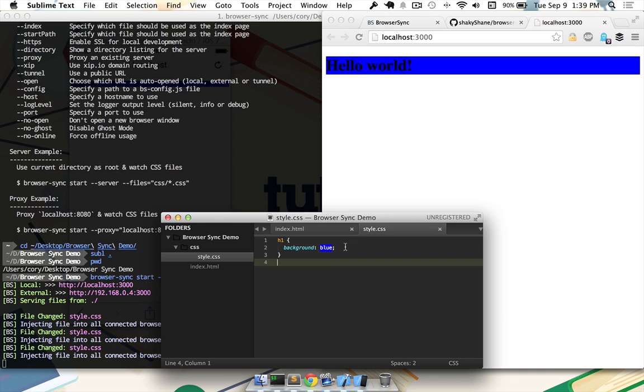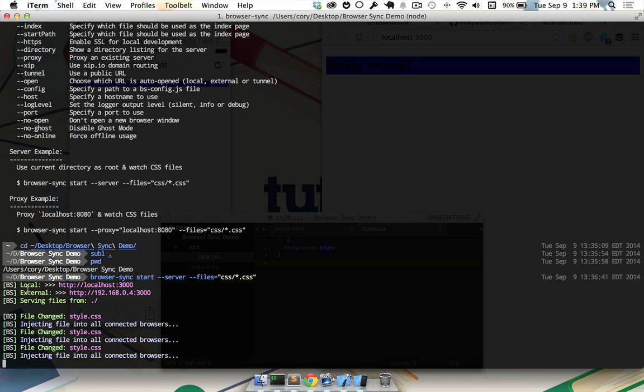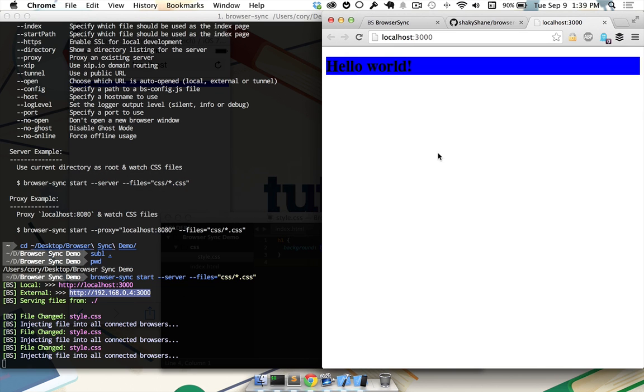So now the other thing that I wanted to show you was over here in our terminal, you can see this external URL. So with your smartphone or your tablet, if you connect that to your local network, either through your Wi-Fi or whatever, then you can just navigate to this URL right here, and it'll pop open on your device. So you'll be able to use your iPhone, and as you're scrolling in Chrome over here,